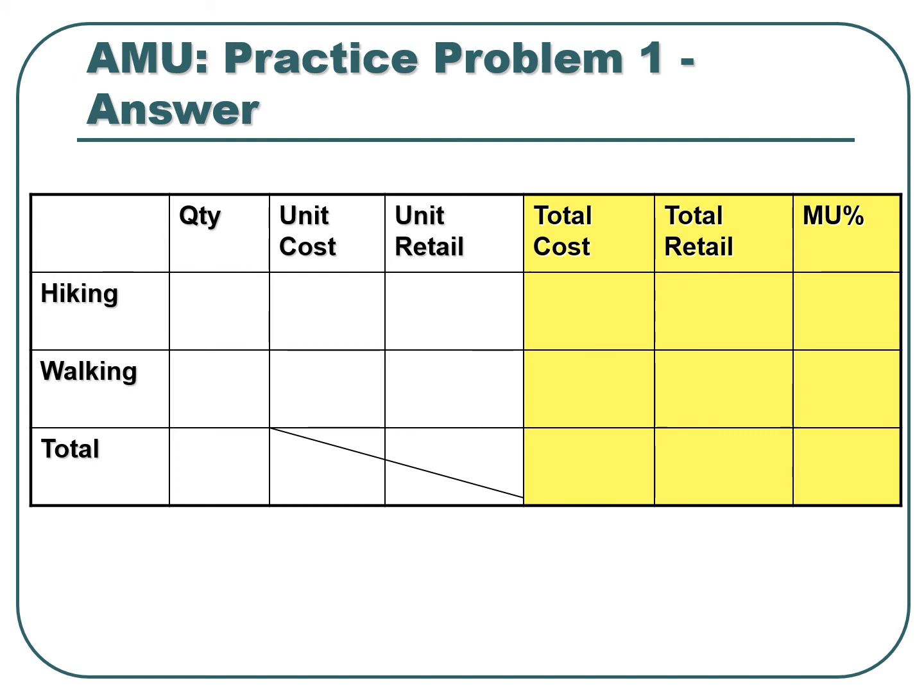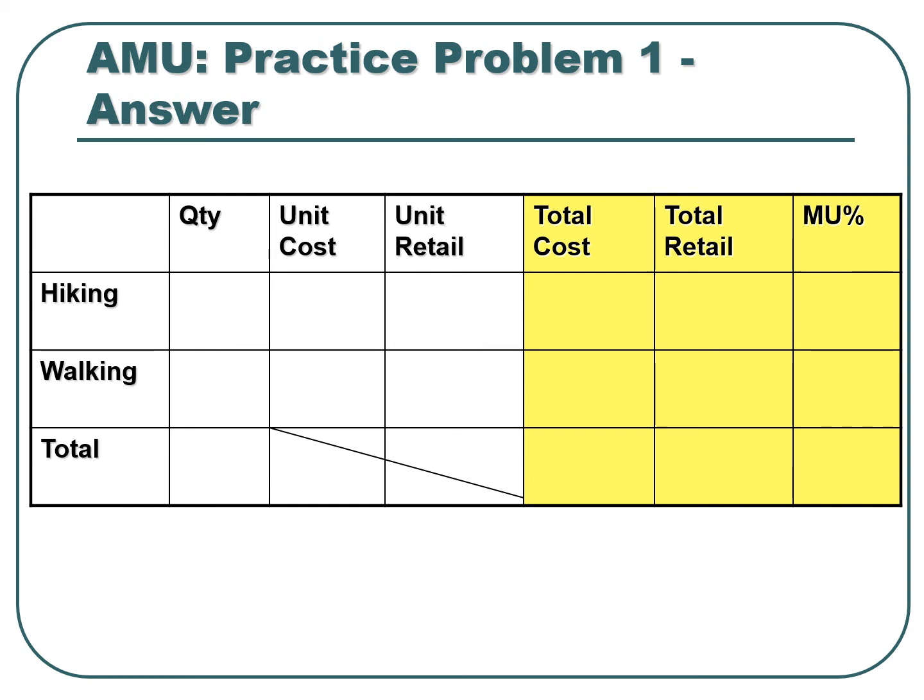You could probably do this calculation without having this kind of grid, but I strongly encourage you to use this type of setup. This is extremely useful. In this particular problem, we're just looking at two item groups. But if you think about it realistically, if you were actually a buyer going to the market to buy something, your store is going to deal with